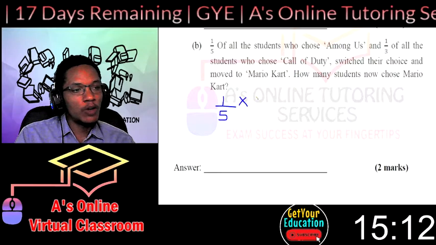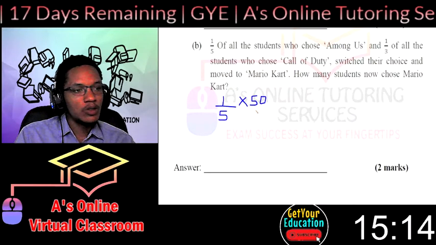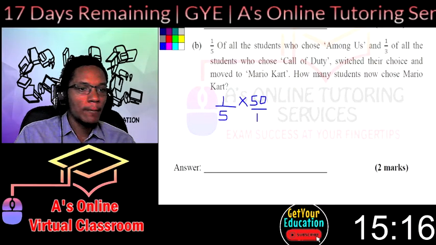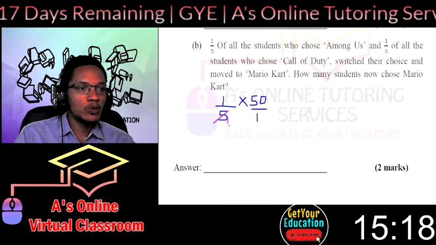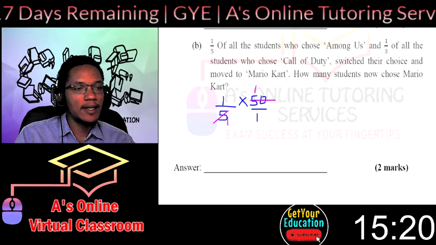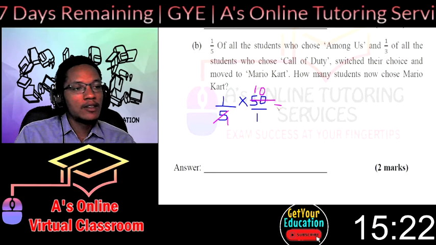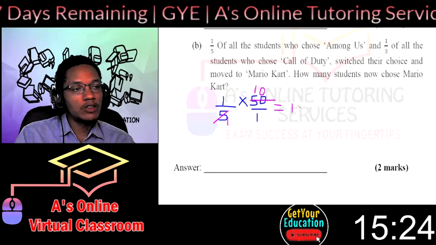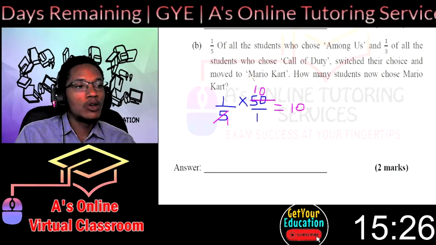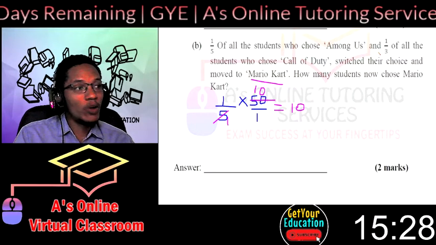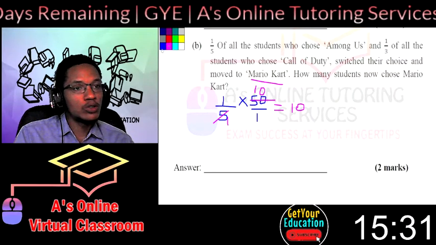And all who chose Among Us was 50 over 1. That could be reduced. 5 into 5 is 1, 5 into 50 is 10. So 10 students who chose Among Us switched to Mario Kart, and then 1/3 of all who chose